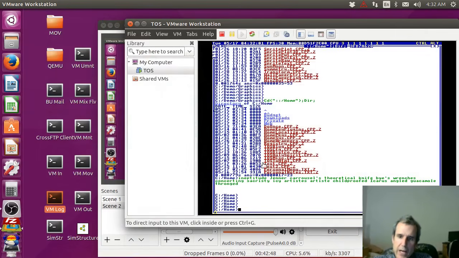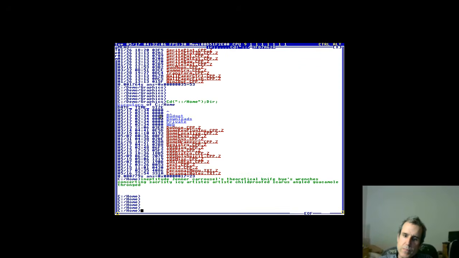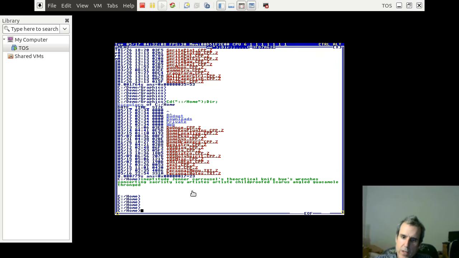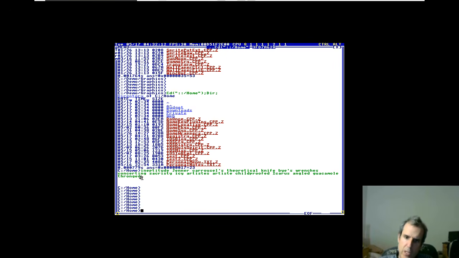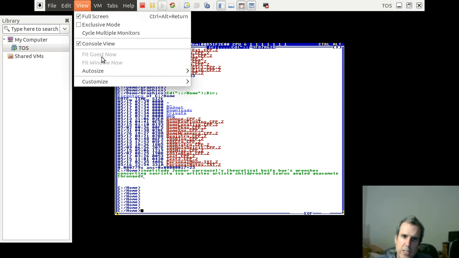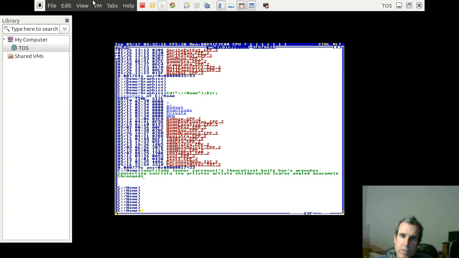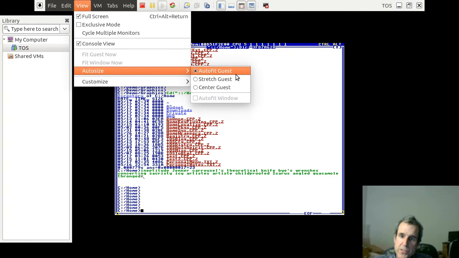So, out of curiosity, you might try this if you want to have some fun. There is a text mode version. If it doesn't have 640 by 480, it's possible that it wouldn't work. I think that's pretty crazy, but